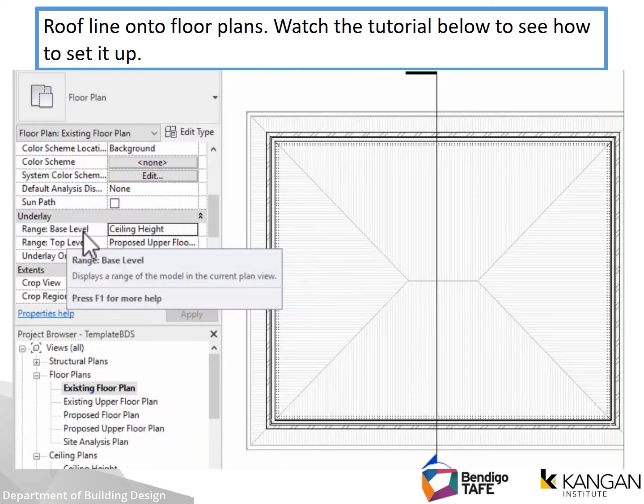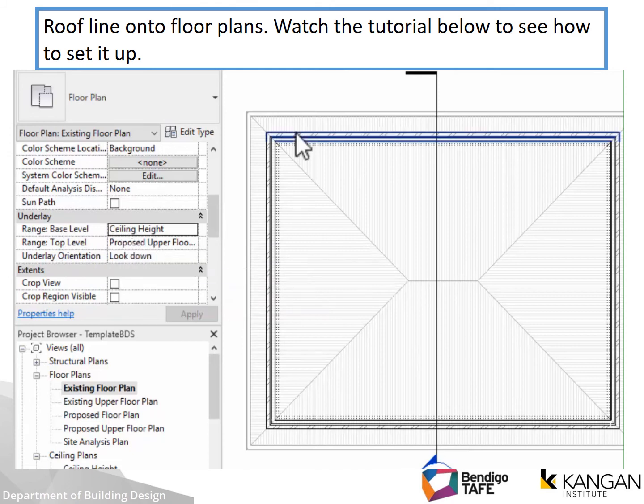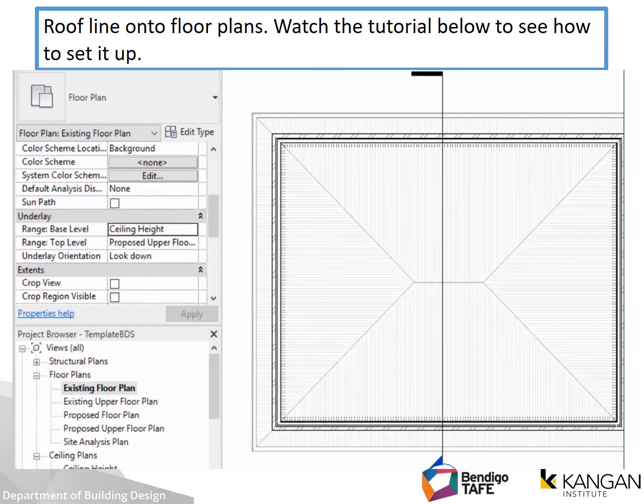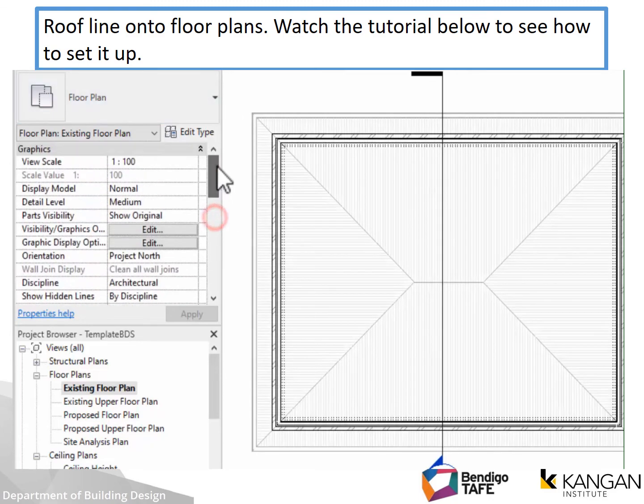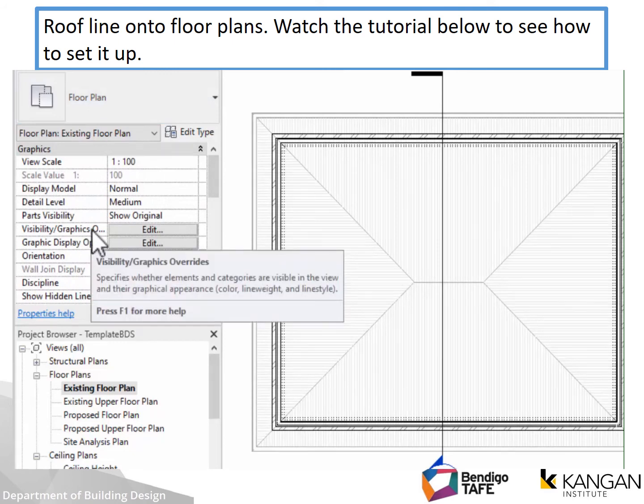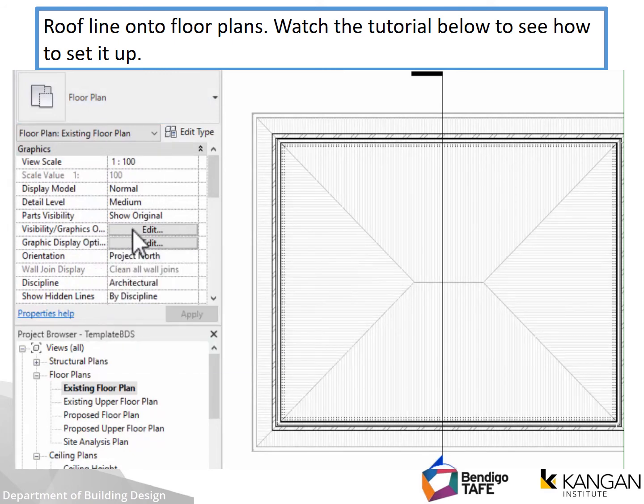The range is the base level ceiling height, and you can see here that the roof is now displaying on the floor plan, and with the pattern, fascia and gutter and everything, it's a little bit too overpowering. We just need to represent that as a line of the eave, any hips or valleys and ridge lines. So what we need to do is alter some settings within this view. So the visibility graphic overrides option here in the properties palette